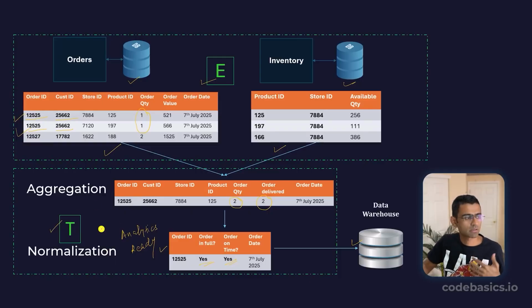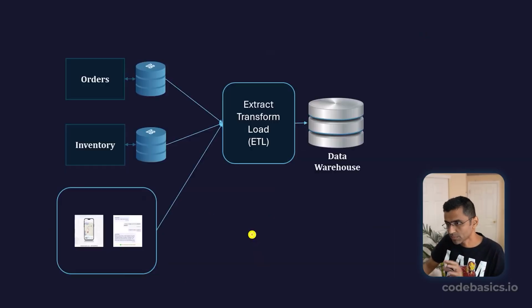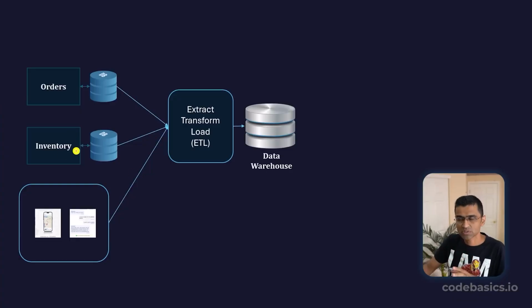Aggregation, normalization, cleaning bad values, currency conversion, changing units, all these are transformation. And then you perform something called load, which is you load data into your data warehouse. So to summarize, you had all these data sources. Then you perform something called ETL, extract, transform, load, to make the data analytics ready and load that into a